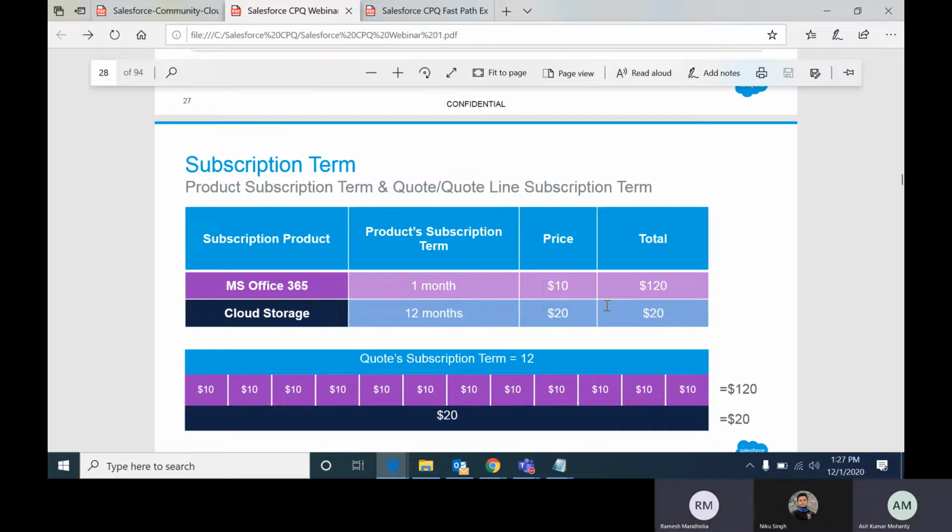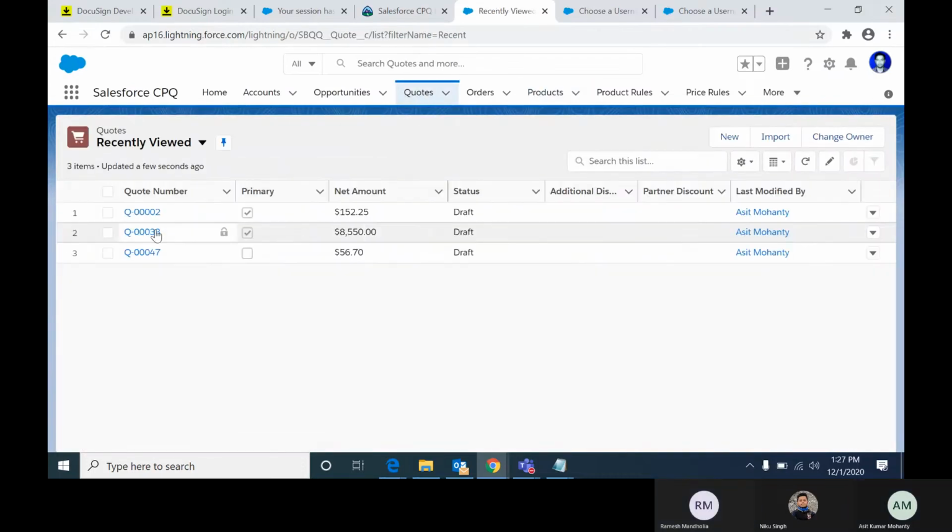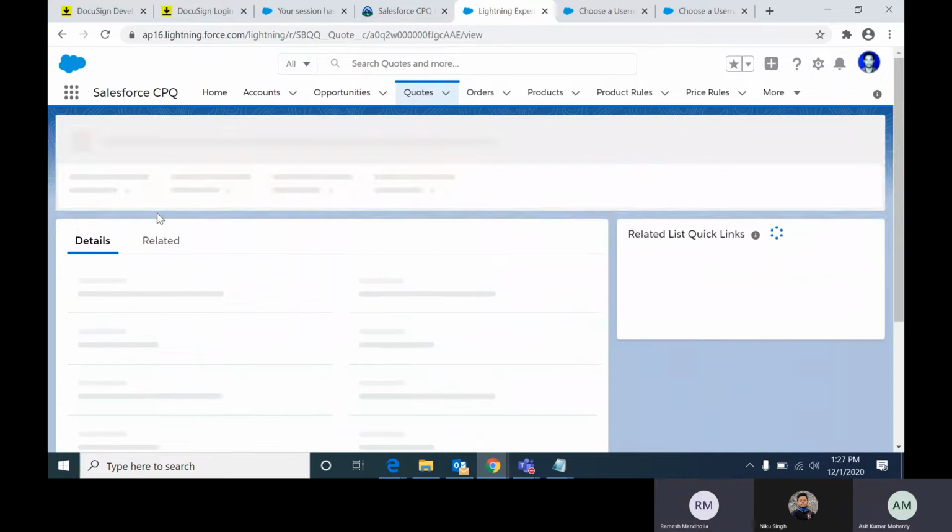Now the question is where this 12 is coming from, where you are bringing it up. This 12 is coming from the quote. There are two places where you can see the field subscription term: one is on the product level, one is on the quote level. If you open a quote,